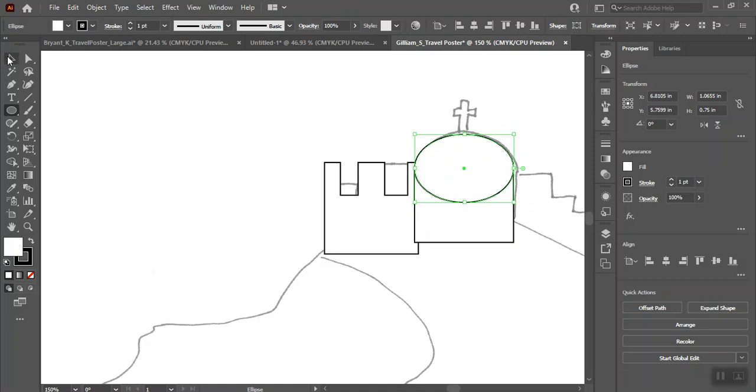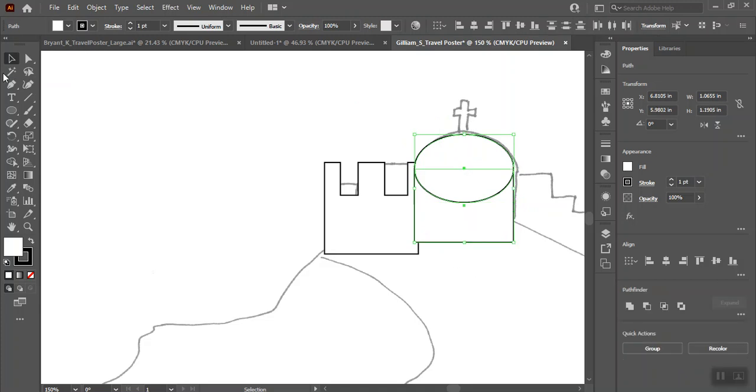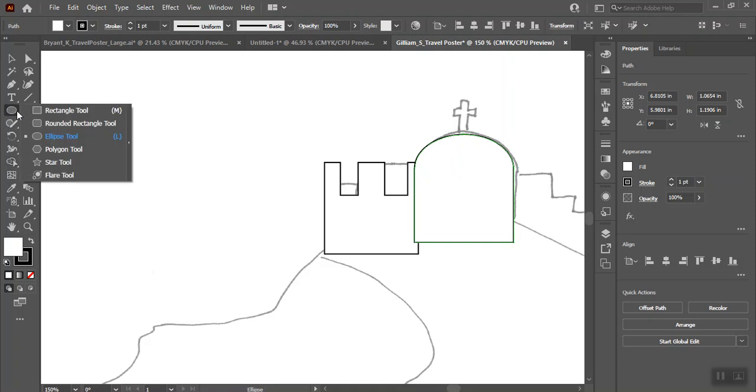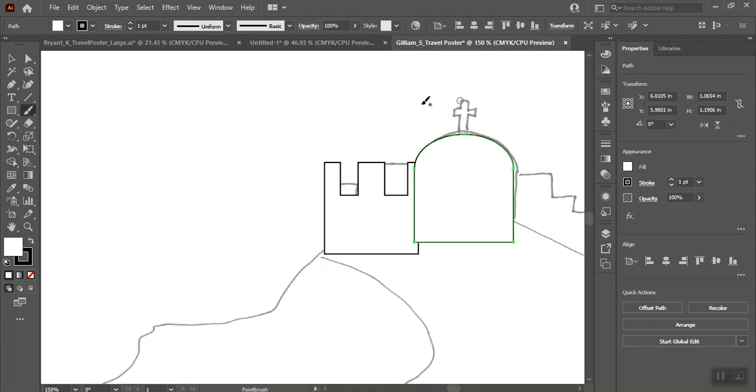And then I can use the shape builder tool to select both of those, and I can use the shape builder tool to combine those together, okay? And I can do the same thing for the cross. So you can make like a little rectangle tool up at the top, right here,